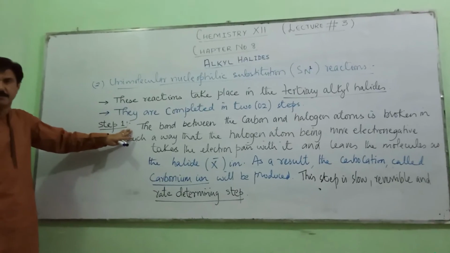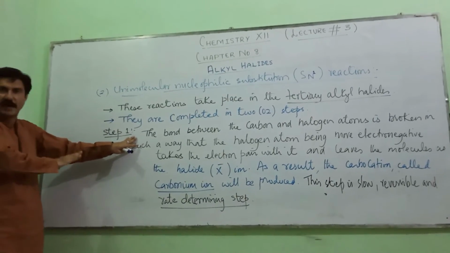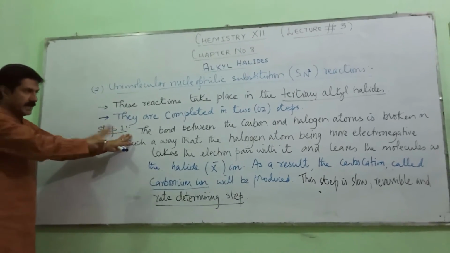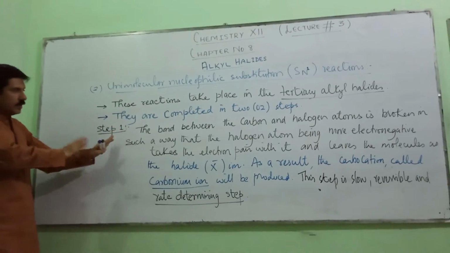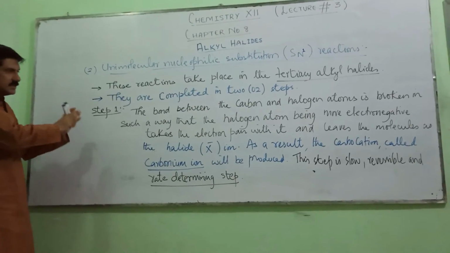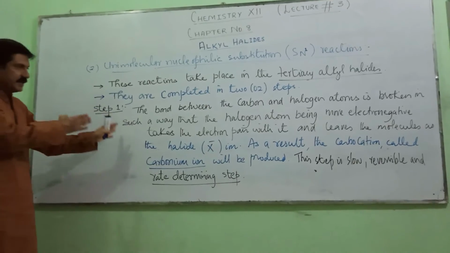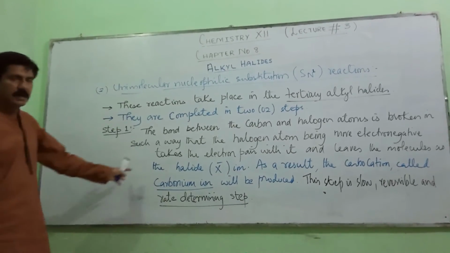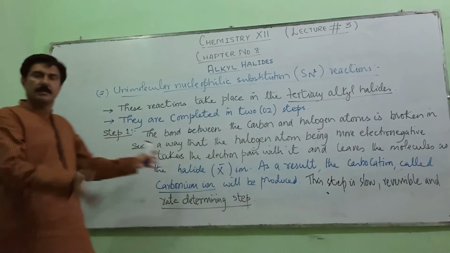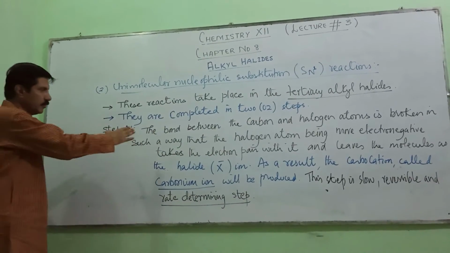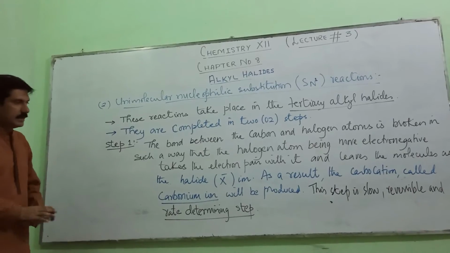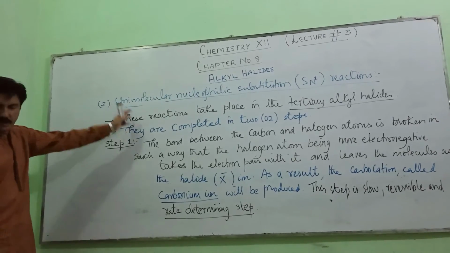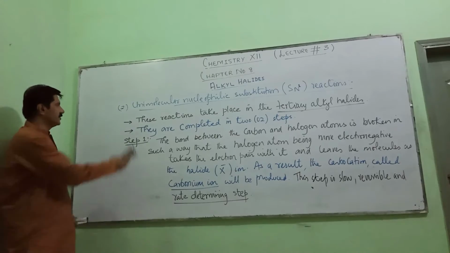Means in this step, the attacking nucleophile has no role to play. Only the concentration of the alkyl halide molecule affects the rate of this reaction. As soon as the bond between halogen and carbon breaks, ultimately the new bond between the carbon and attacking nucleophile will be formed. So I am going to write the mechanism of this reaction as